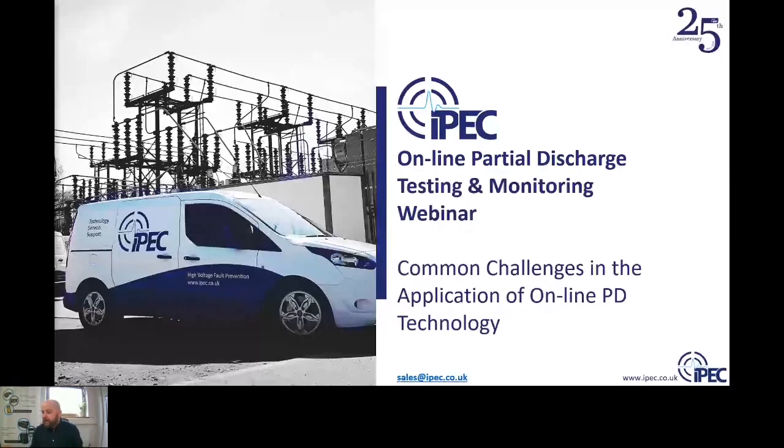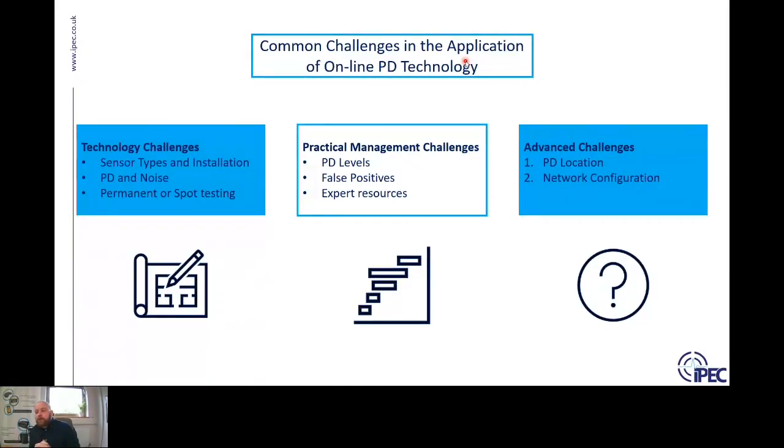Common challenges in the application of online PD technology. The focus of this, though, is really looking through the different types of challenges that you might face. So the first side we're going to look at is the technology challenges. And here, really, this is looking at the type of equipment that you can use and how you can apply